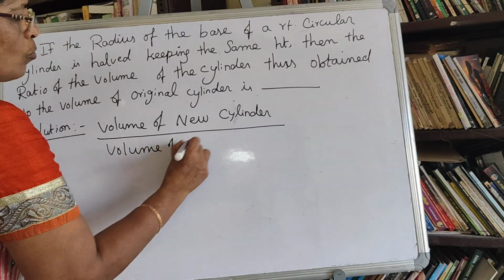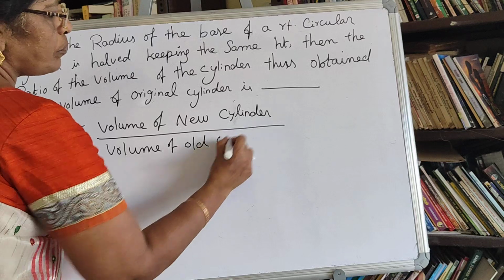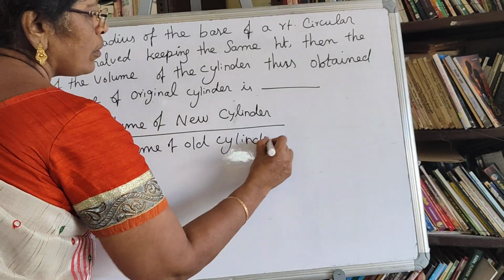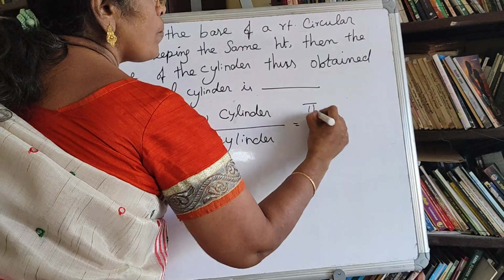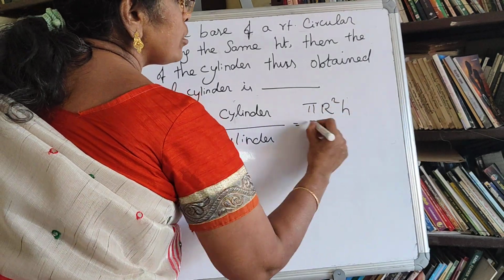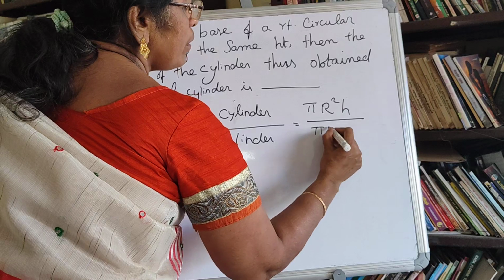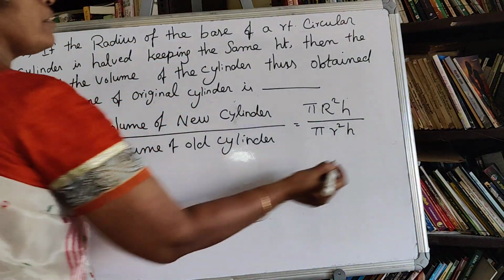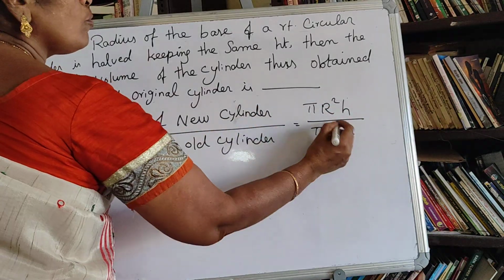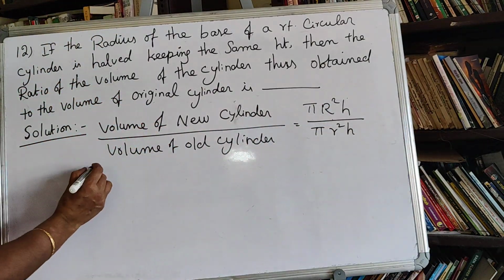Volume of old cylinder equals pi r squared h. So pi R squared h divided by pi r squared h, where small r is old and new is capital R. So next,